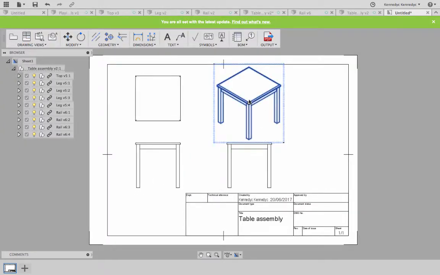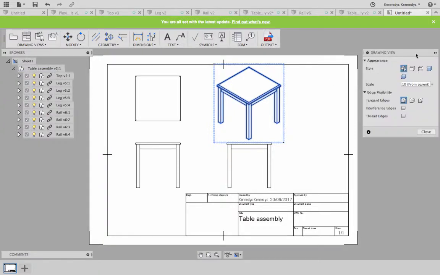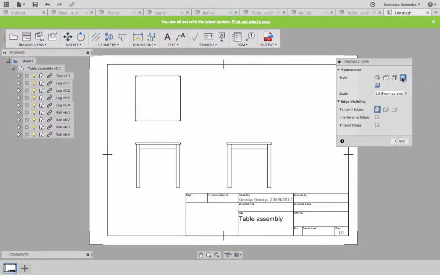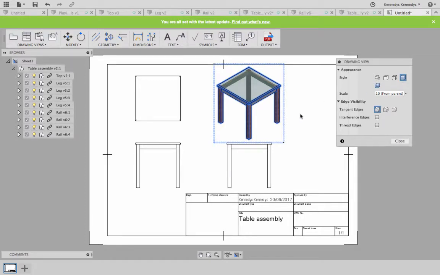Now I can come through, click on each of those, and if I double click, it brings this dialog box up, and I can play around with these different views here. So you can say I want it shaded, which gives me that colourful drawing there. Shaded with hidden edges shows dashed lines for what I would see through to, if you wanted to give some vision of the joints or what's through the different parts. And you can pick this one here,